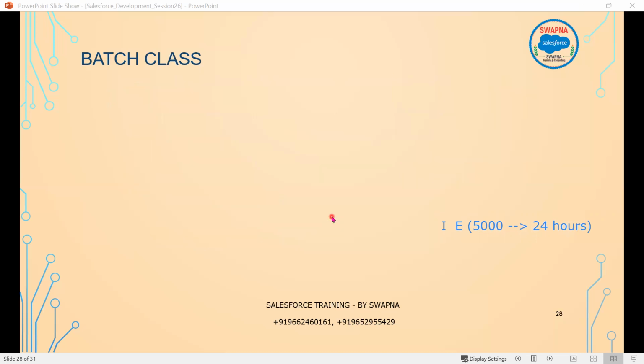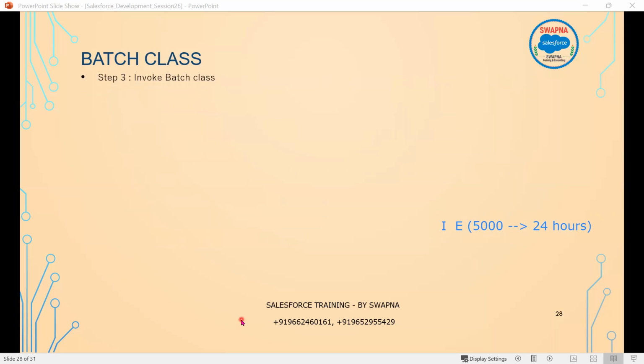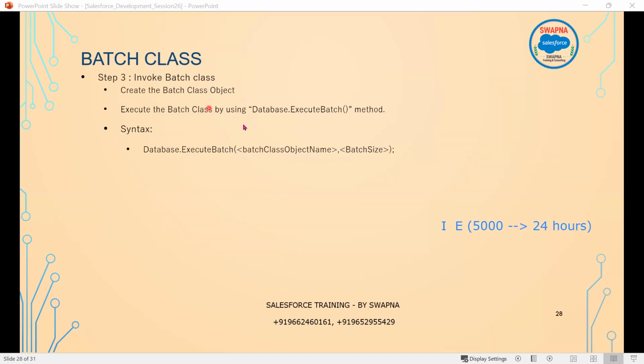So the third step is to invoke the batch class, create the batch class object. Once we are done with implementing this class, now we need to invoke it. That means I need to create an object for the batch class. In order to do that, I use Database.executeBatch. So I'm executing the batch on the spot. I'm not scheduling it, but running my batch on the spot